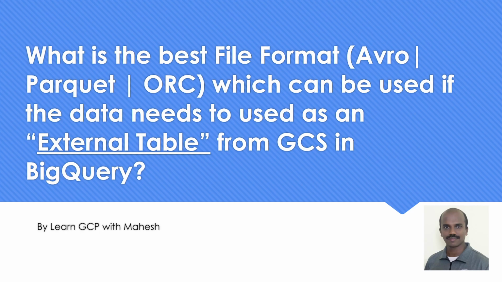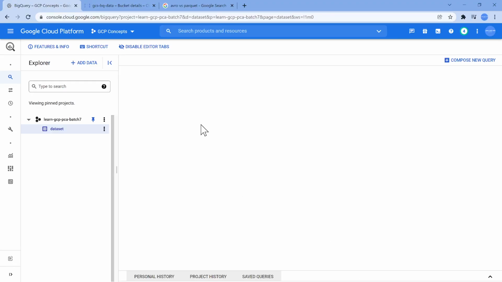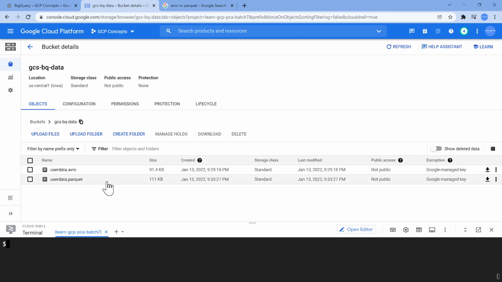So now coming back to our demonstration, I'm super excited to show this demonstration. Let's get started. All right, we are in our GCP console. I don't have any tables. I have just a data set and I have basically two file formats, Avro and Parquet. Both are in a Google Cloud Storage bucket.